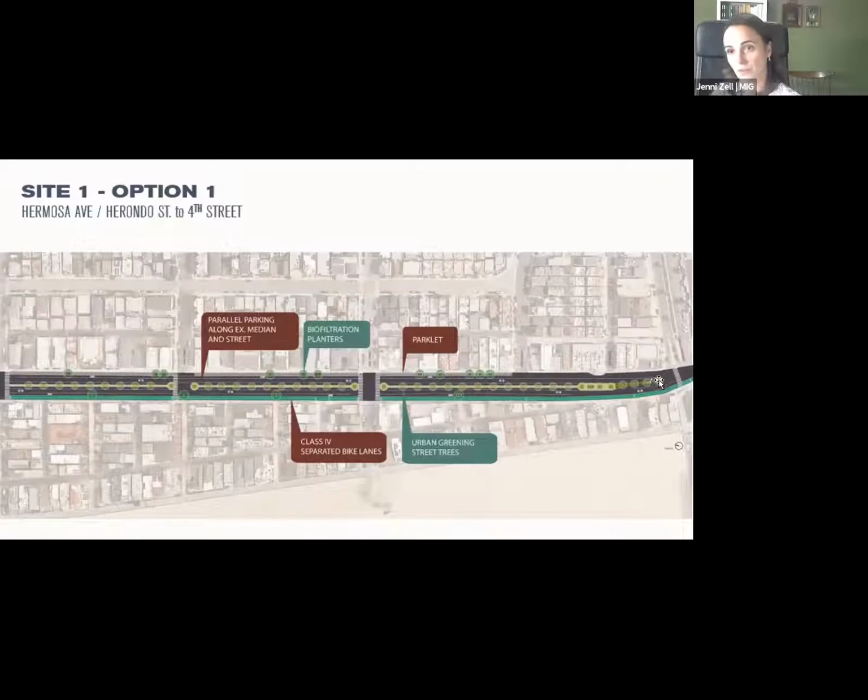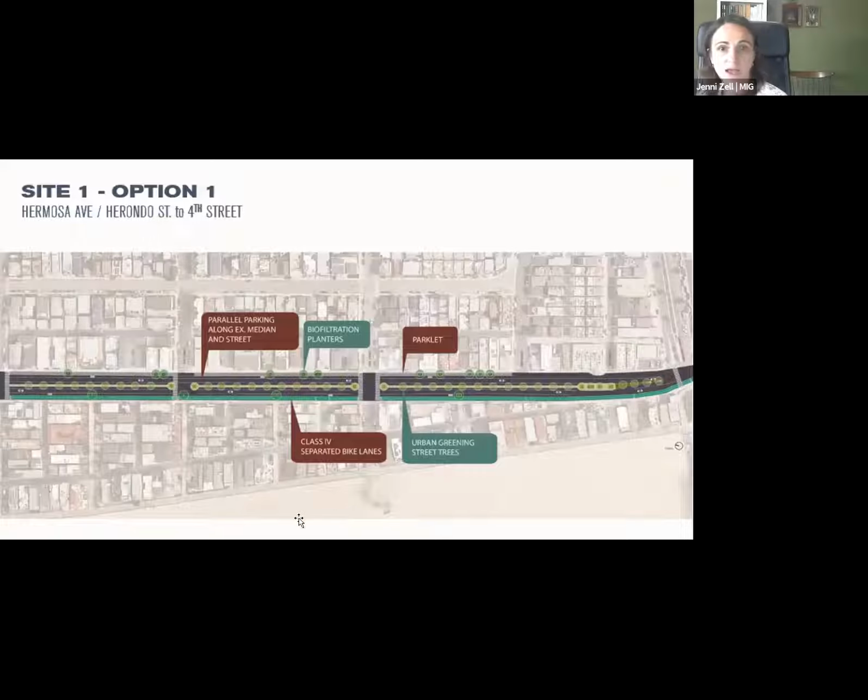This you see here, this is Hermosa. We rotated north to fit it in here, but this is Hermosa and up to 4th at this location here. And so what we're looking at in this image, and we'll show a bit of a blow up of this area, but this option here keeps the city infrastructure in place. This is an option where the curb to curb remains the same, the median, parking lot, street lights, all made the same. But by some simple interventions with painting and restriping, you get some of those benefits the city's